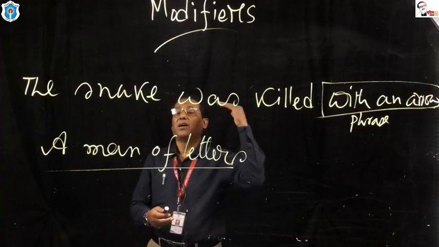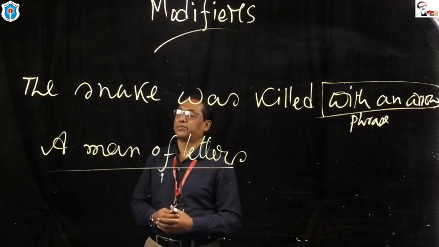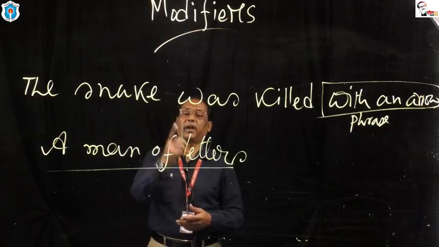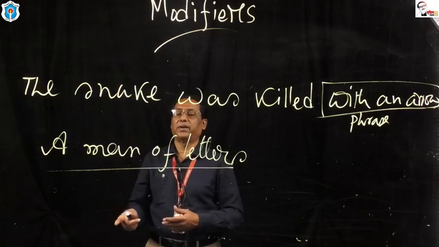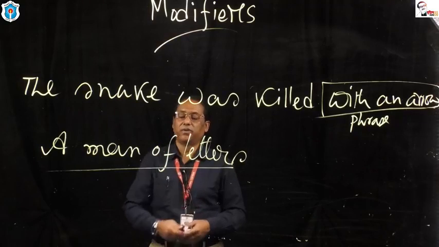But what is the dissimilarity or difference between a phrase and a clause? A phrase contains no subject, no finite verb. On the contrary, a clause contains a subject and a finite verb. For example,